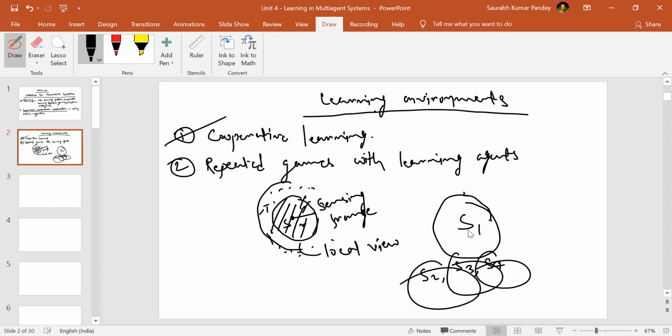Because all the sensors S1, S2, S3, S4, each of them have their local view in terms of some map, and now they are sharing their views so that they can understand what is the global view of this particular area, right? So outside of their local range, it will be the global view of that particular sensor. So S2's global view will be out of its sensing range, right? So out of its local view, that will be called the global view. And global view is also important, right?